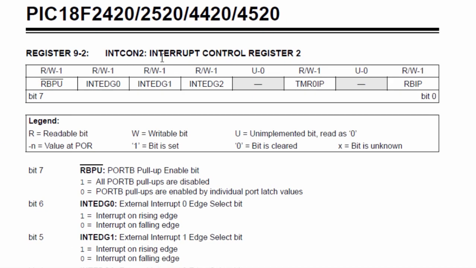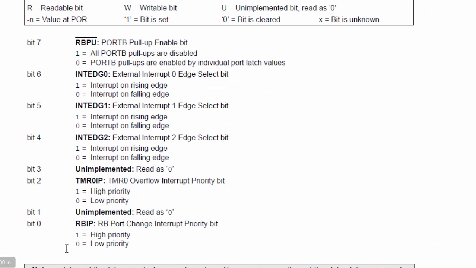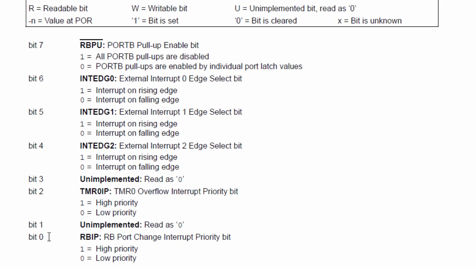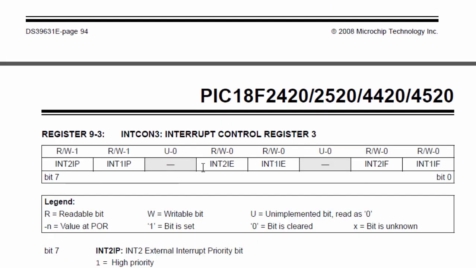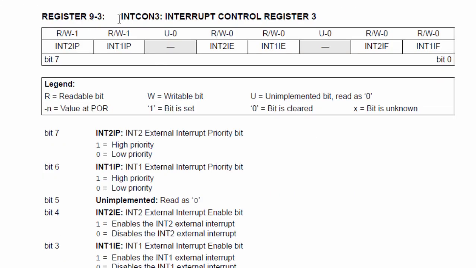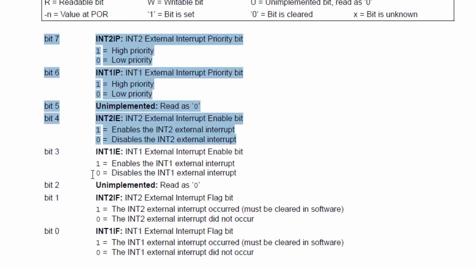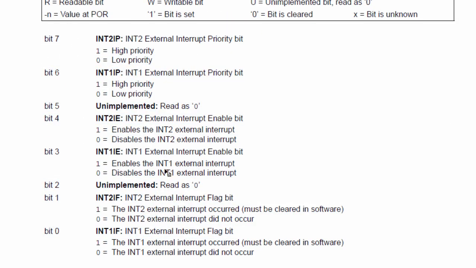In the INTCON2 interrupt control register, we've got also 8 bits. There's nothing much that concerns us in this register for this tutorial. And in the INTCON3 interrupt control register, these are the bits that are used to control the various interrupts. There's nothing much that concerns us in this register for this tutorial.